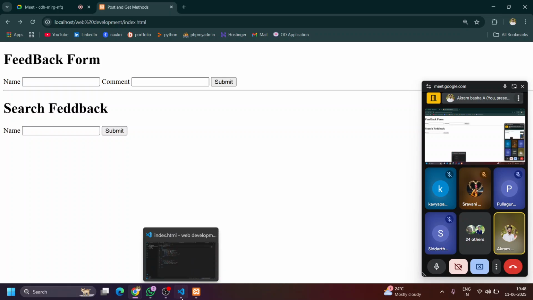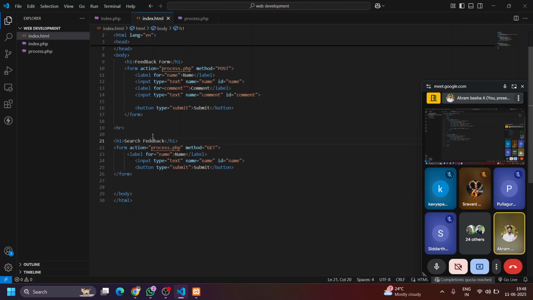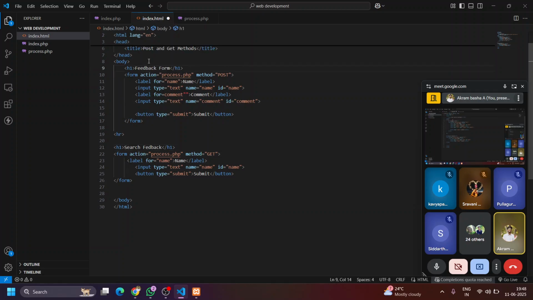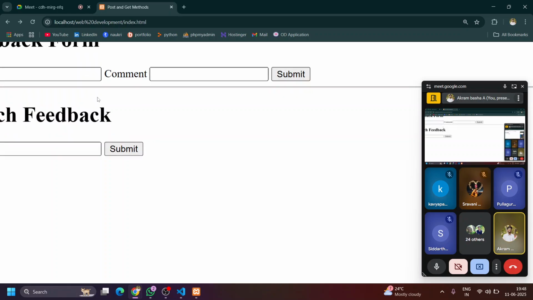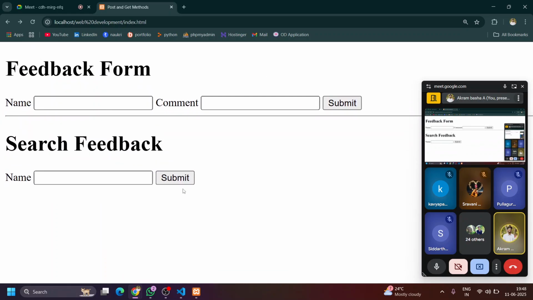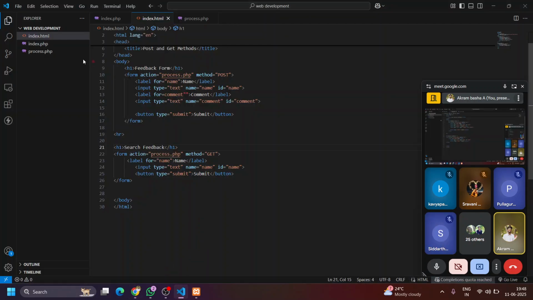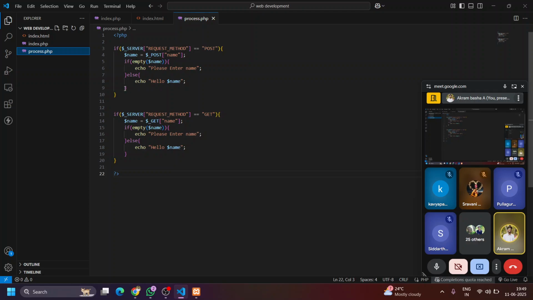Search, search feedback. This is search feedback. This is feedback form. We have created the front end. Now let us modify the backend. In the backend, it will go to the particular process.php file. In the process.php file,